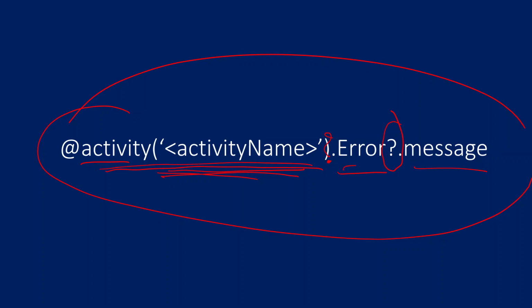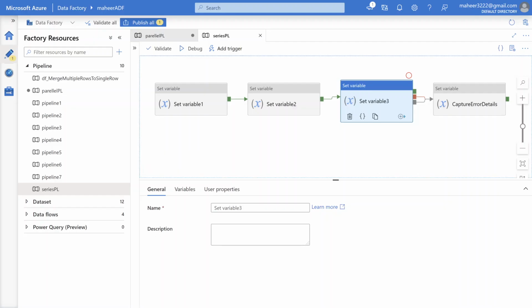So no, there is no point of error and all. If activity execution is available, there are chances the error property may be available or may not be available, depending upon success or failure of the activity. But if the activity execution itself is skipped, that means the entire activity is not available for you in the expression. So you need to use the question mark symbol here to avoid the null reference error for that activity. So let me go here.